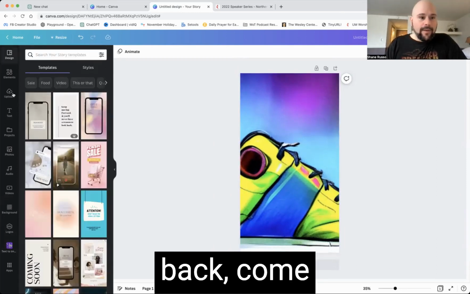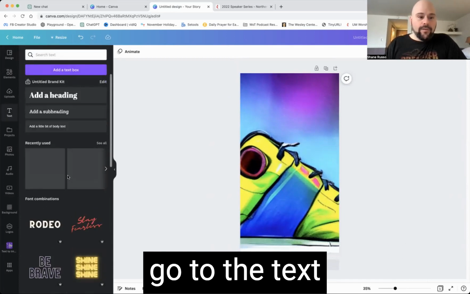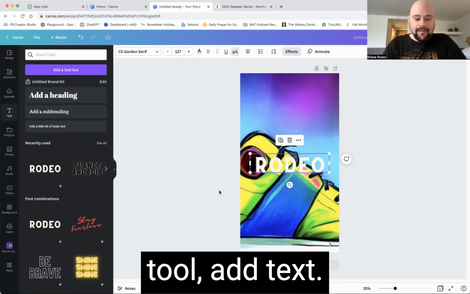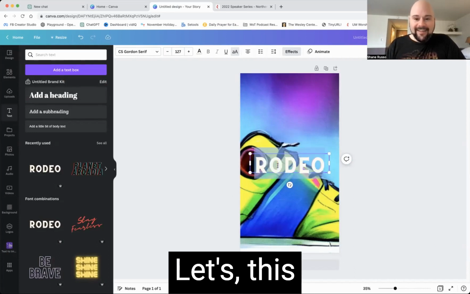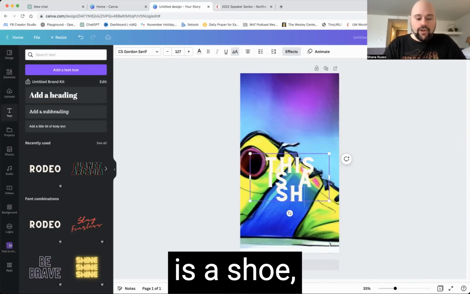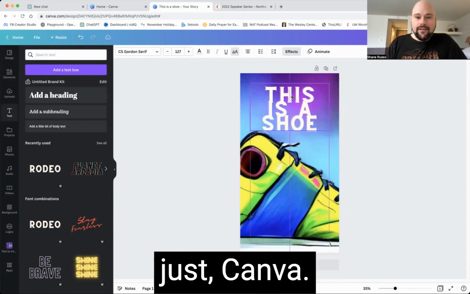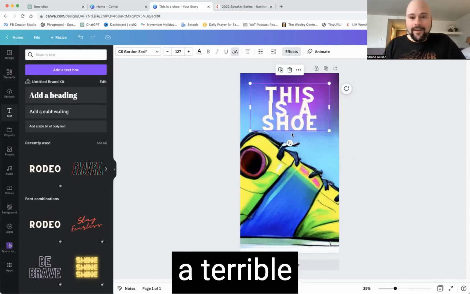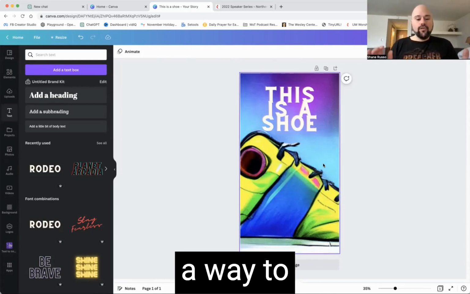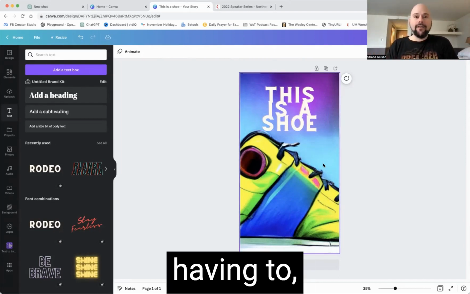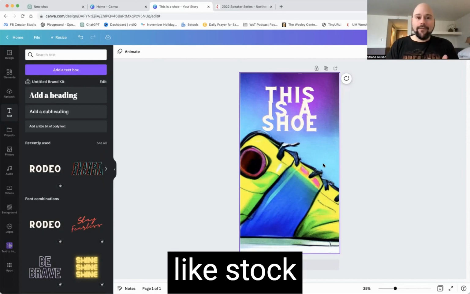Oh, then I would go back, come out of here, go to design, go to the text tool, add text. This is my shoe. Oops, this is a shoe. And then again, it's just like Canva. This is obviously a terrible looking example. I would not use this, but again, it's a way to get images without having to search things like stock footage,